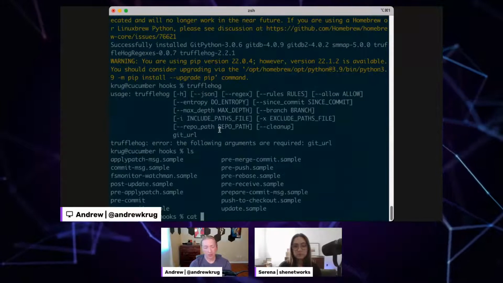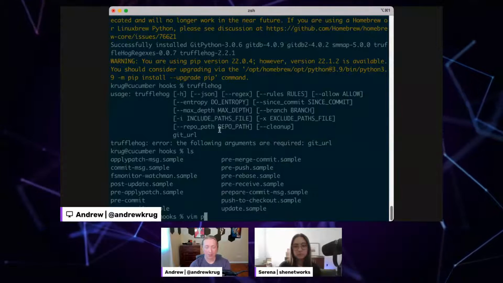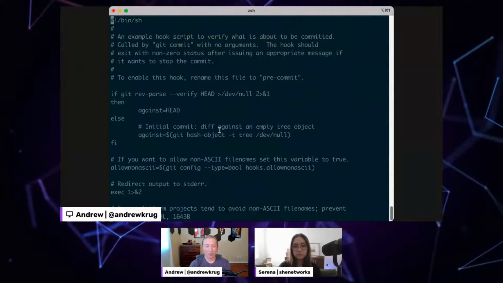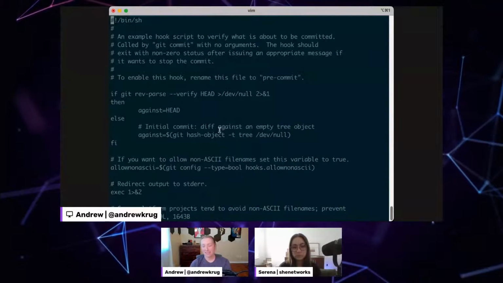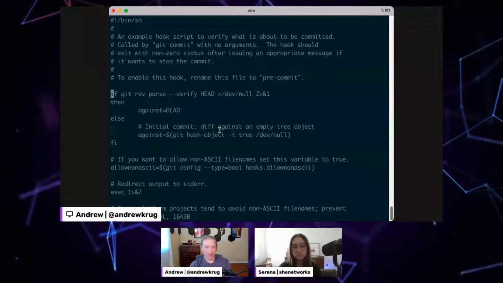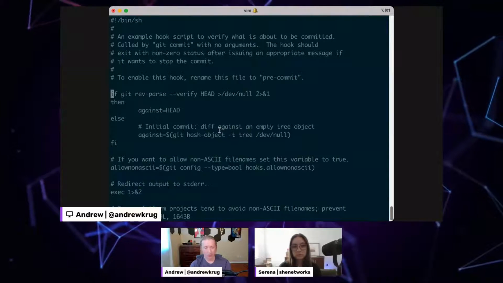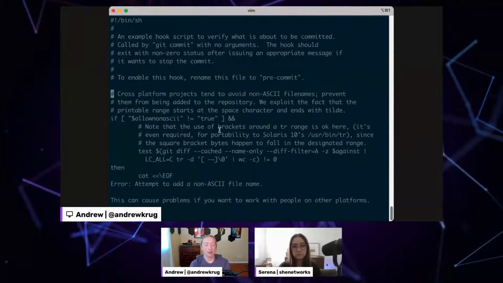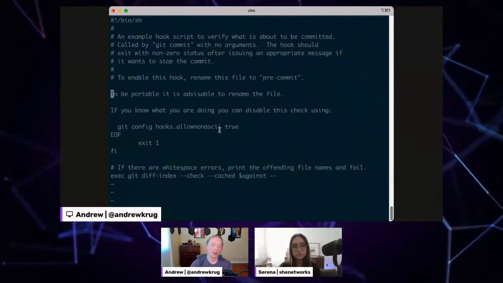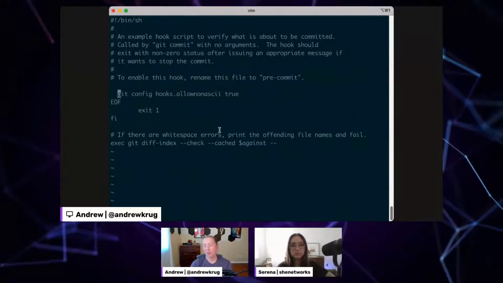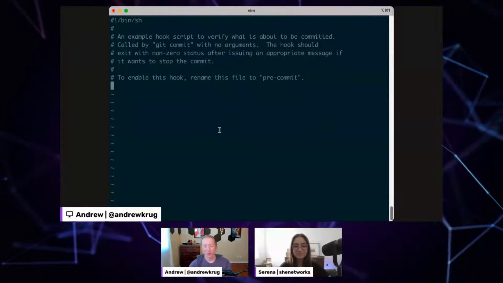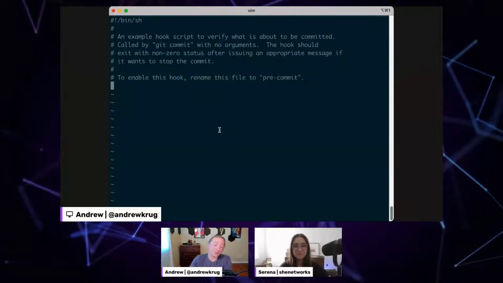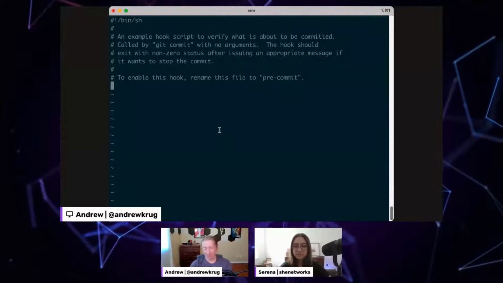So if anybody remembers when we looked at pre-commit the first time, it had a whole bunch of bash shenanigans and different case statements. Let's just see if it actually even works if we throw something really simple in here. So if we just get rid of all this garbage down here, I don't know if this makes anybody uncomfortable, but I know a lot of people that are uncomfortable if you just delete big blocks of code and comment them out. This is my favorite thing to do when I pair program with people, because this is why we have version control, so that we can just delete.